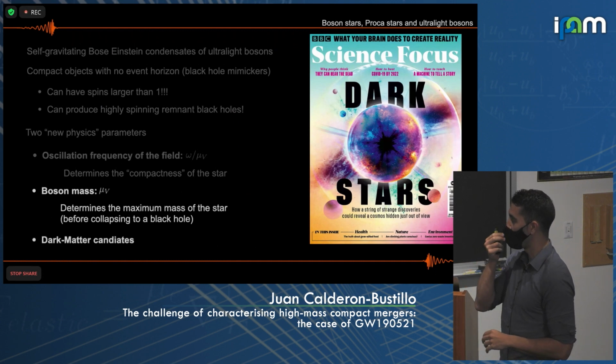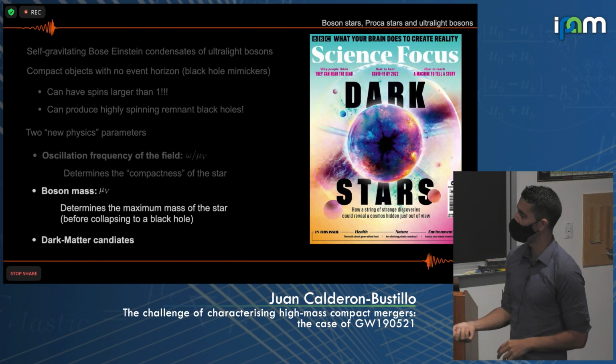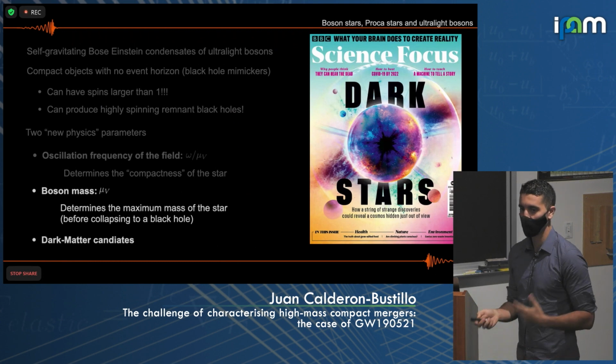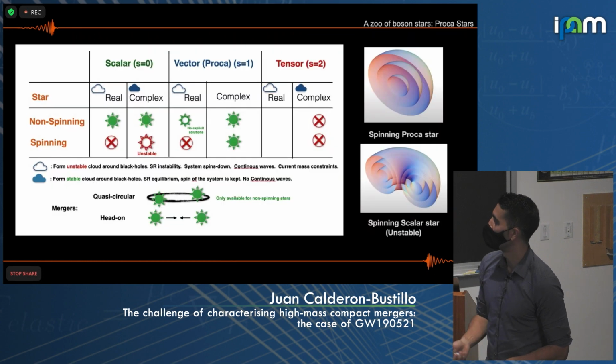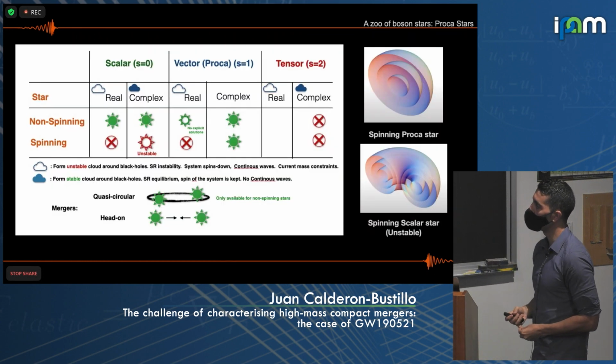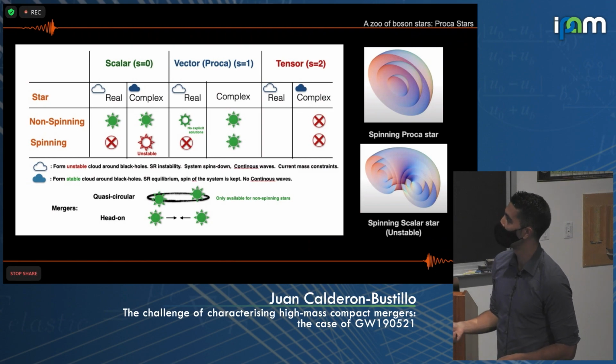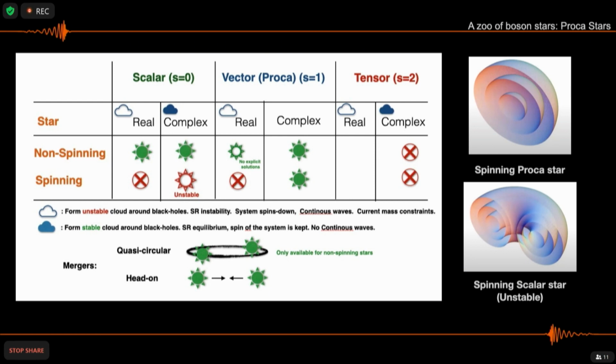And as Simina said before, they are very nice candidates for forming dark matter because of their properties. They basically don't interact with anything. There is a whole slew of ultralight bosons you can consider: scalar, vector, tensor, and real and complex. Searches for effects of these bosons so far have focused on scalar bosons, because scalar bosons can form clouds around black holes that extract angular momentum, and also lead to a continuous emission of gravitational waves. So there have been searches for both of them that have placed limits on the possible masses of these bosons.